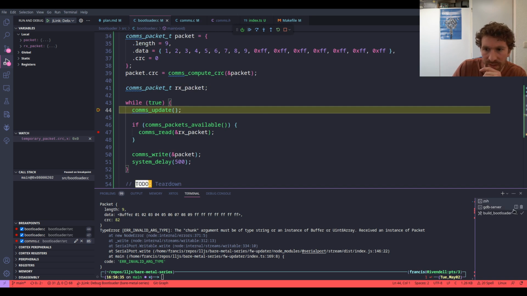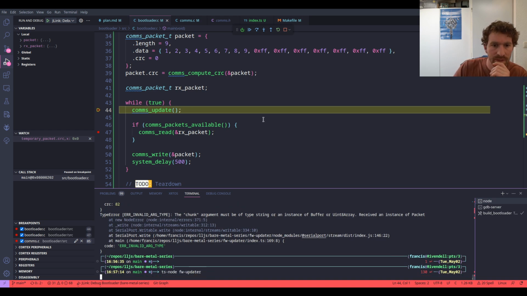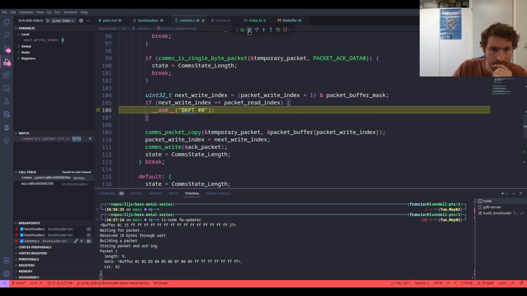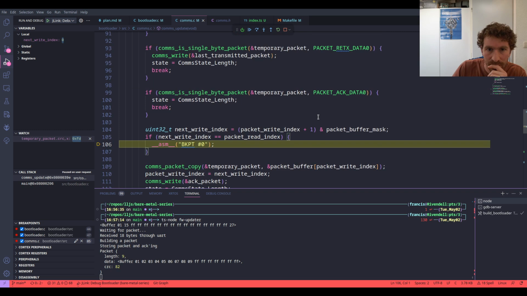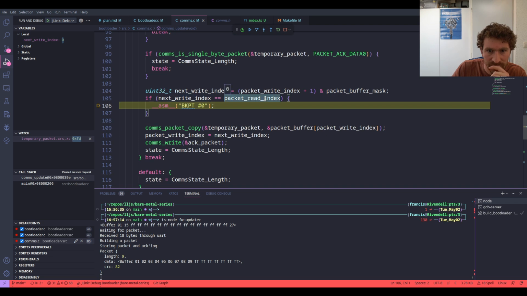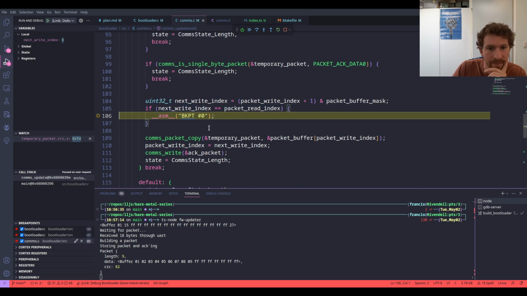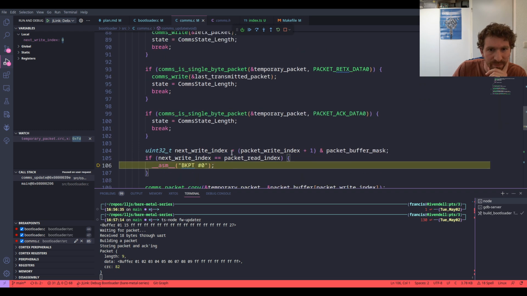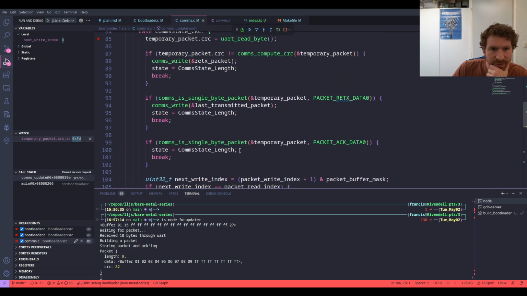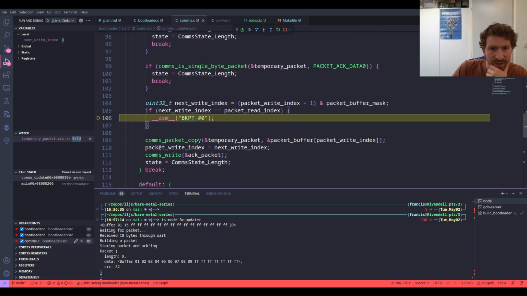Alright, so we get to comms update, and we can actually run this. So run. Oh, this is interesting. Next write index 0, packet write index 0. If the next write index is equal to the packet read index. How did we get here? This feels like something went wrong. Because I have the feeling that we never actually even get to this point, so